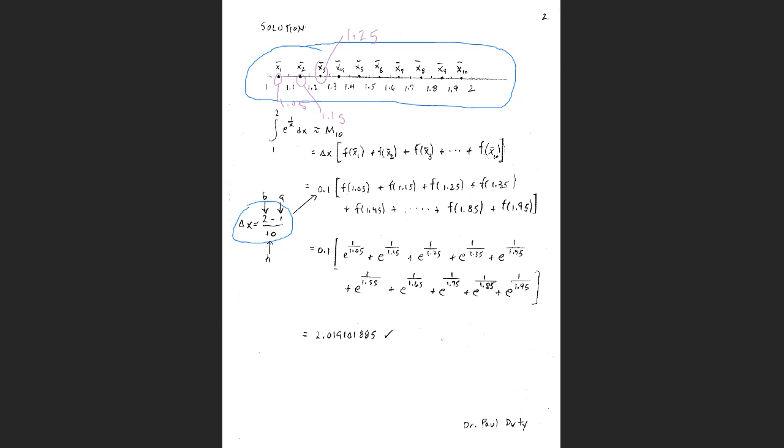You get all these midpoints, and you use the midpoint formula: take delta x and multiply it by the sum of the function values evaluated at the midpoints. You evaluate each function value, add them all up, and multiply by 0.10, and you'll get